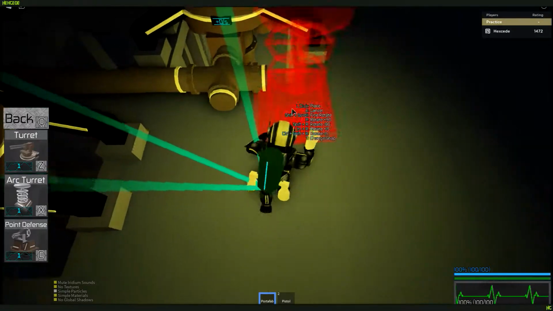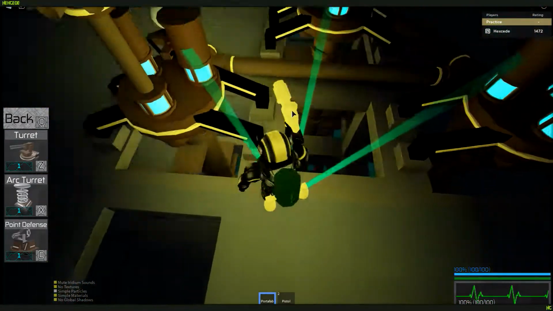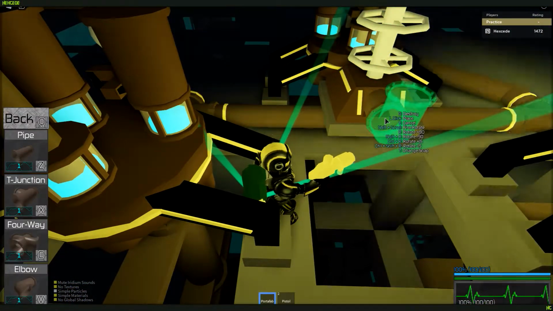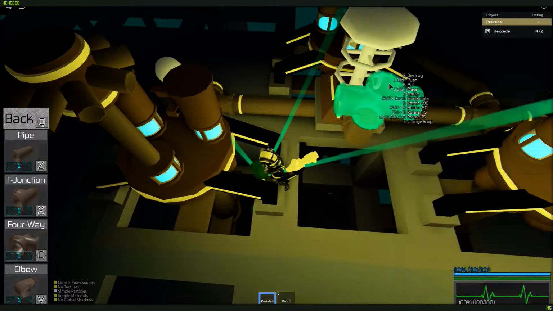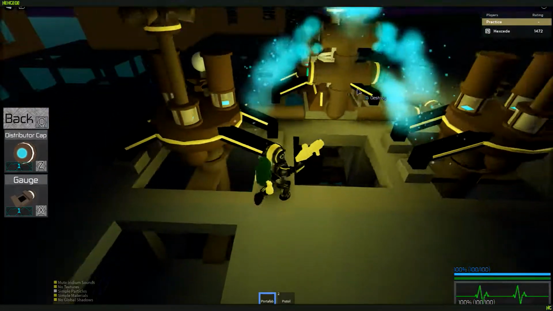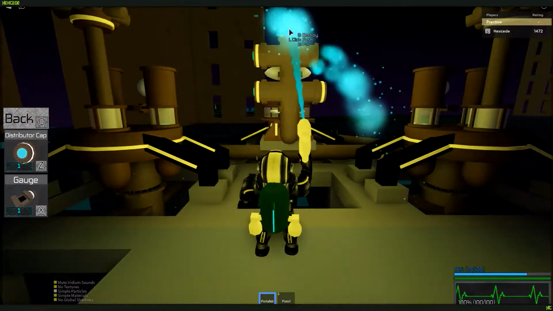In terms of defense for wells, what I like to do is just find a good spot kind of in the middle of the wells, like maybe here, and do something like this. And the reason, because a lot of people know, some people don't,